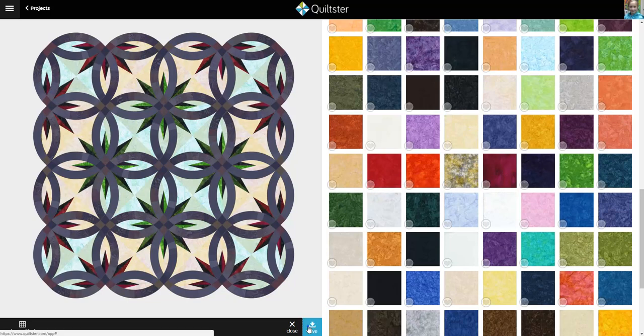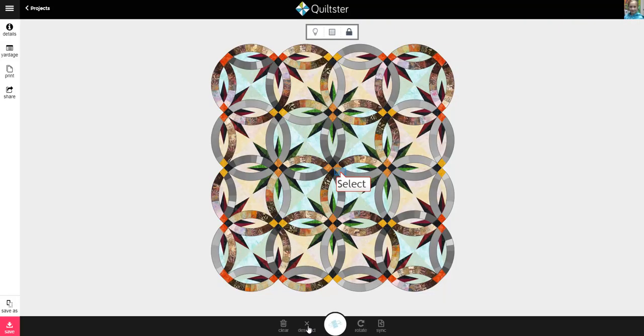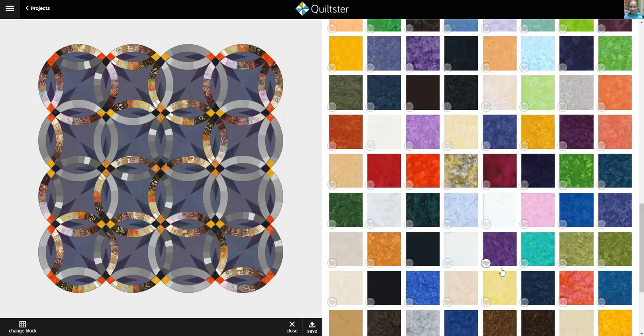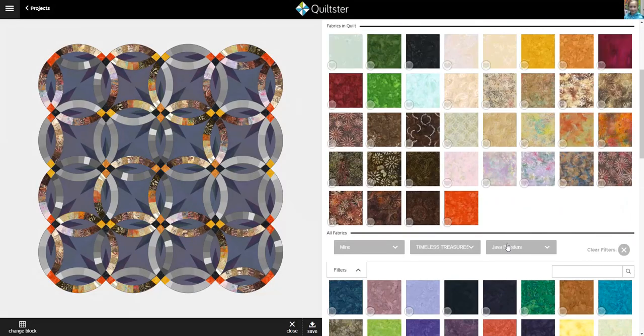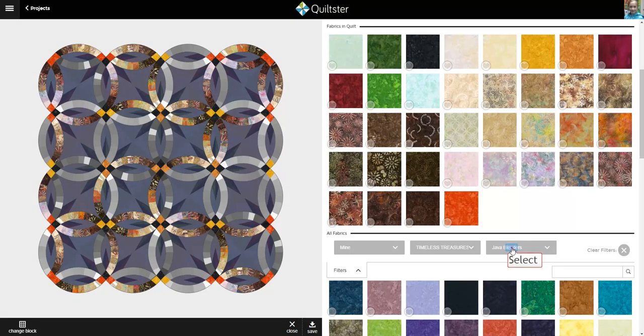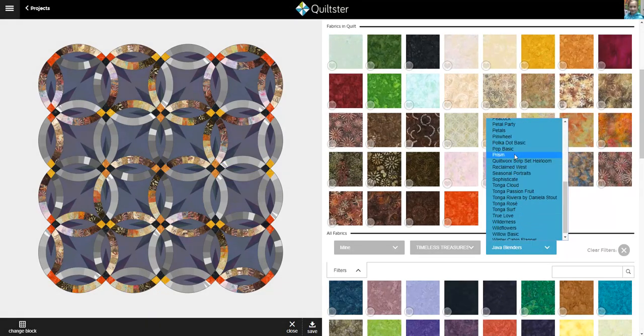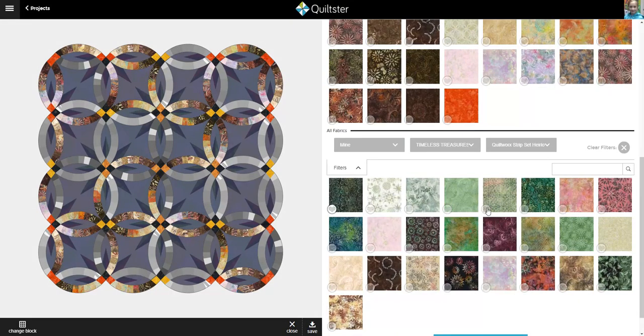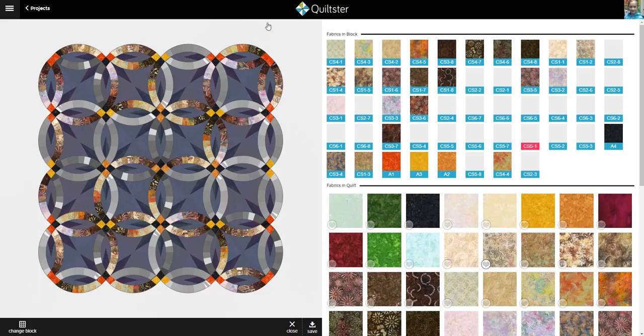So you can see how fast it is to color all of your strip sets and get everything set up here. And now that I'm this far, I kind of want to finish my strip set. So I'm going to go ahead and come back in here. I'm going to go back down to the Quiltworx Heirloom Strip Sets, and we're going to fill the rest of this in really quick. So I'm just going to come back up and check, okay, I'm working with color group